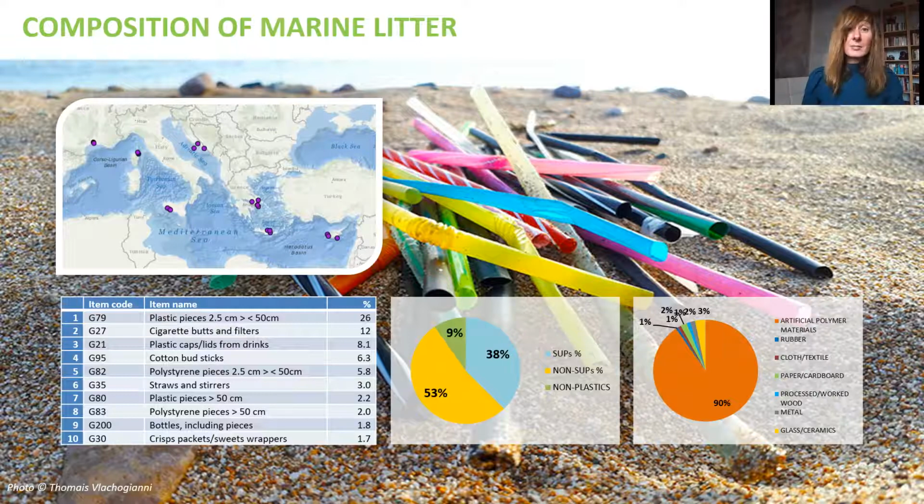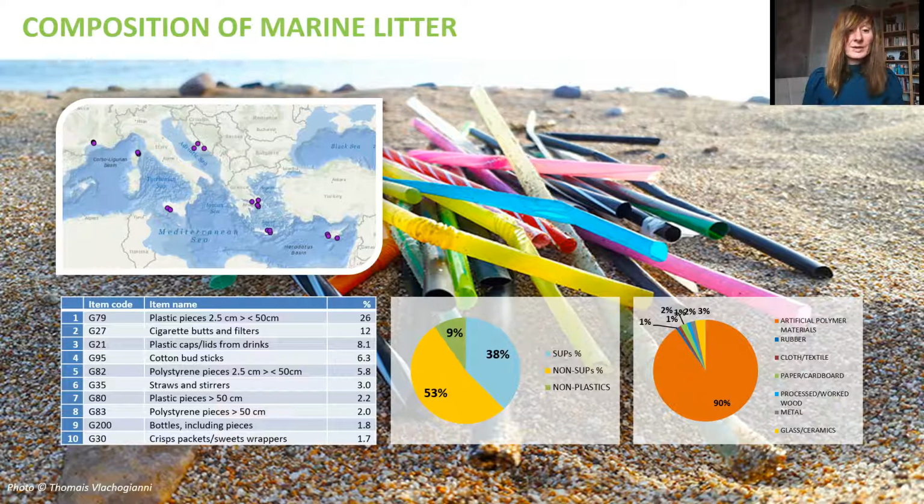Typical results, for example, when it comes to the composition of marine litter, focus on the amount of the different materials. In our case, 90% of the litter items collected were made out of plastics. Then we also aggregated results on single-use plastics, non-single-use plastics, and non-plastics, and we see that single-use plastics accounted for 38% of the total litter items found, and also we can see here a list of the top 10 litter